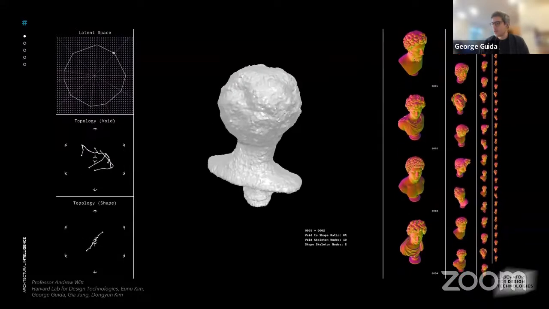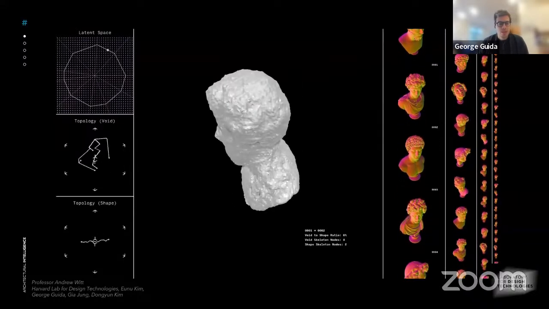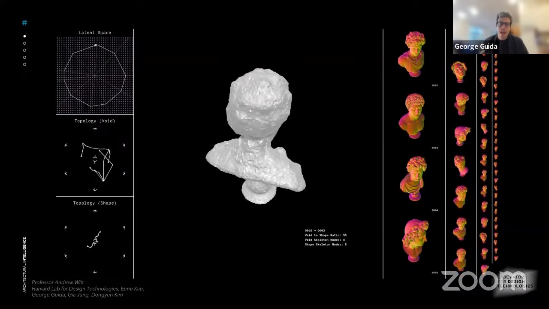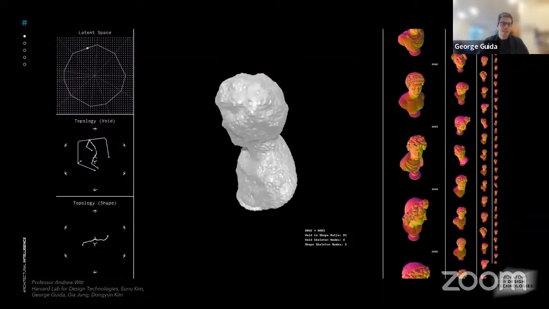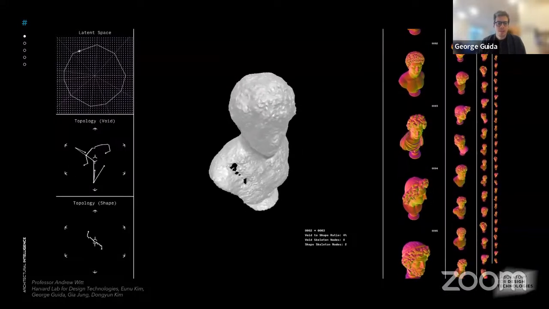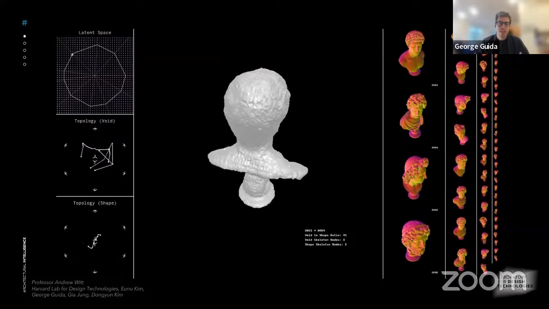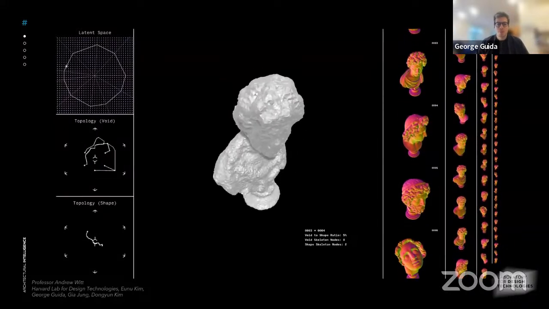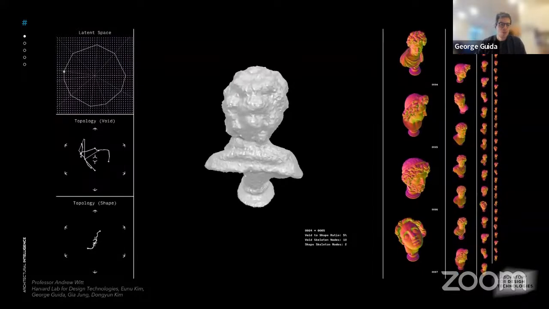This is a project I did with Professor Andrew Witt at the Laboratory of Design and Technology at Harvard, where we had this issue of data sets, of data scarcity. And so we decided, in this case, we downloaded thousands of busts, and we used a model called ShapeGAN to train.